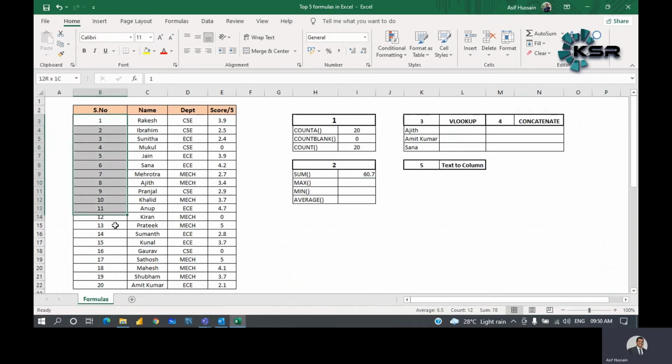For example, see here, there are 20 students. That's why the count is showing as 20. All right. So sum in the sense it is going to add the values which are inside the cell. And now COUNTA will count the cells, but the sum will add the values inside the cells. All right. Now here, maximum out of 5 in this 20 students, we would like to know what is the